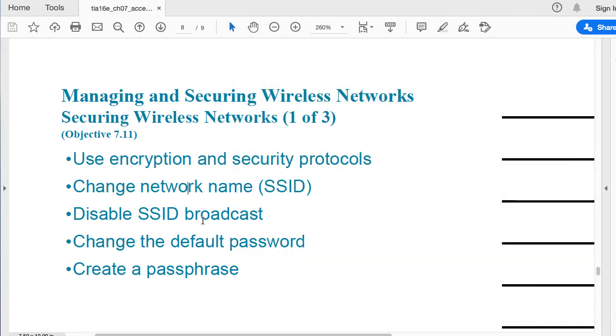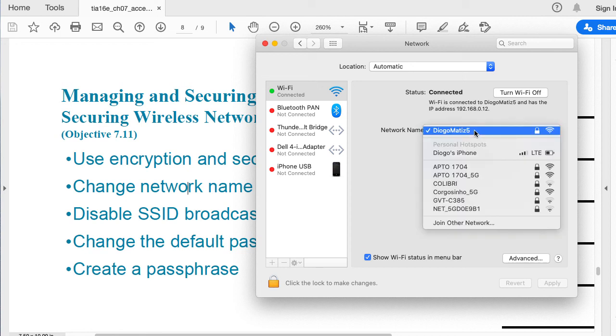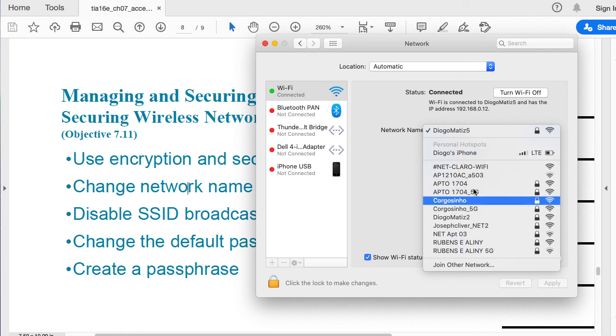Disable SSID broadcast, and that's what we have right here. As we can see, I can see my neighbors' SSIDs. This wasn't supposed to happen, ideally, right? So ideally, you don't want to have other people seeing your wireless network name there. If someone wants to connect to your network, let's say that you have a friend that just came to your house and he wants to have connectivity, that person should ask you, hey, do you have a Wi-Fi network here?